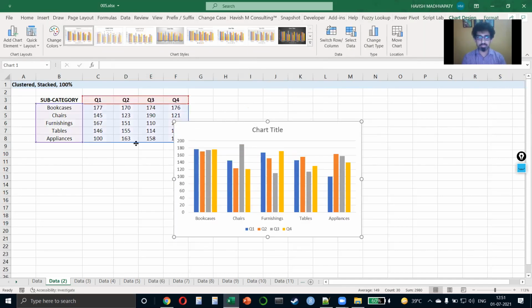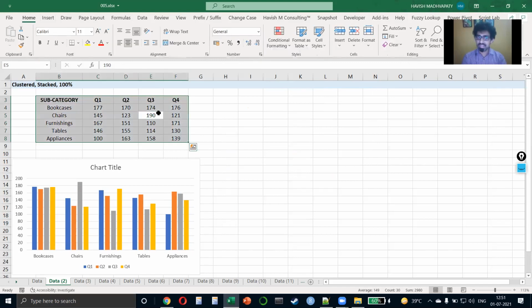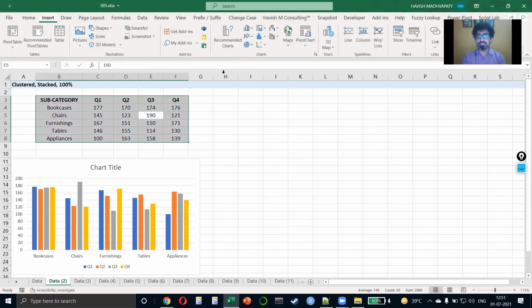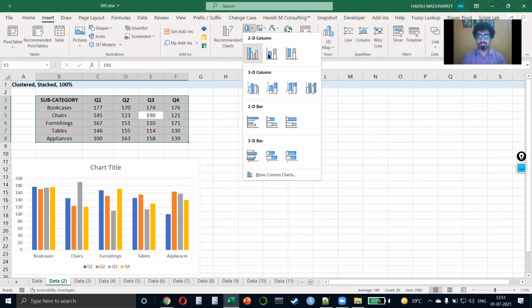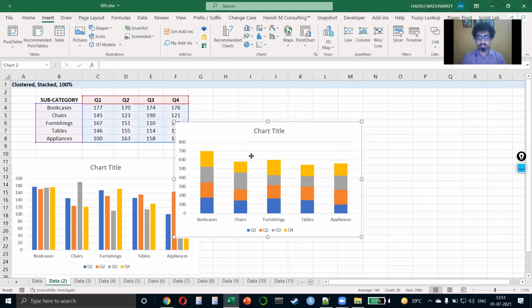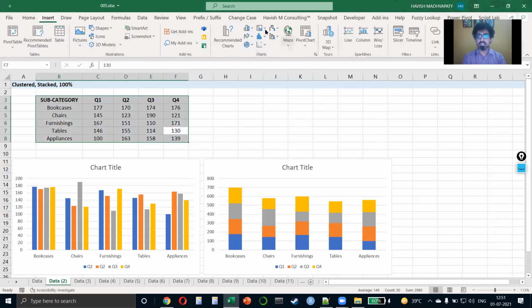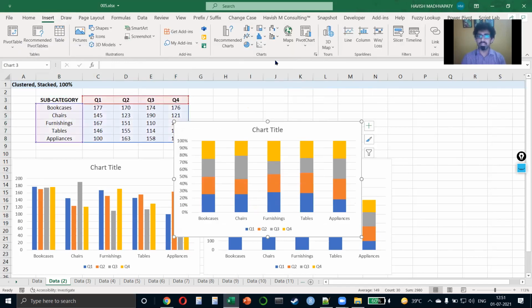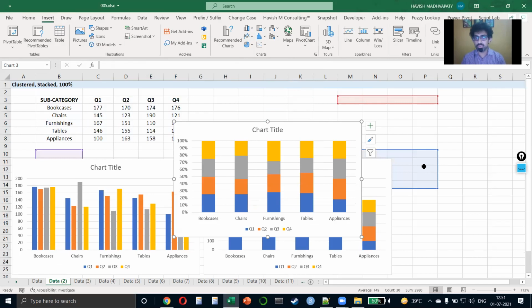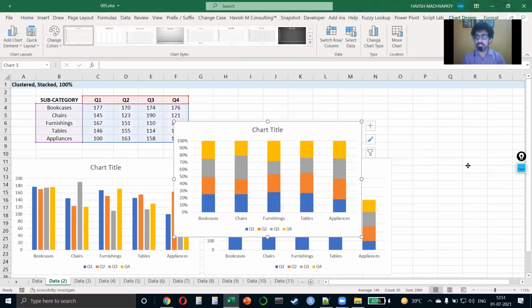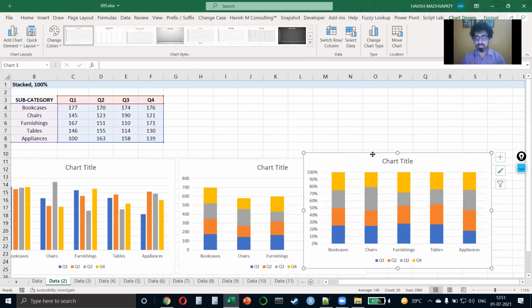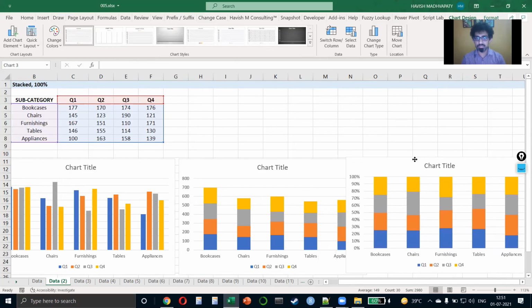I will keep it on the left. I'll again select the data and I'll make the second one. And I'll keep it in the middle. And then I'll make one final one. Insert, chart, and the third one. Now obviously the data is the same for each of them. I want all of you to tell me which is the